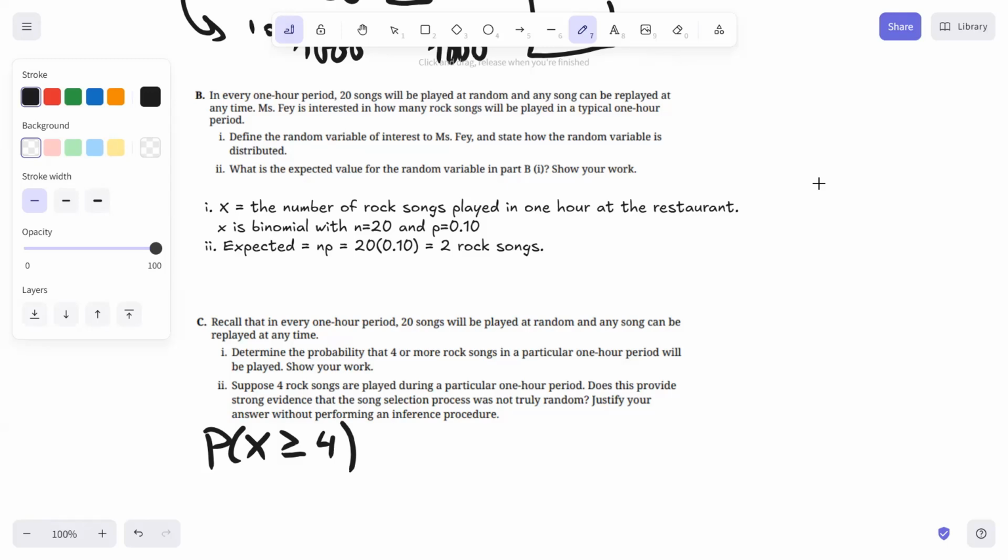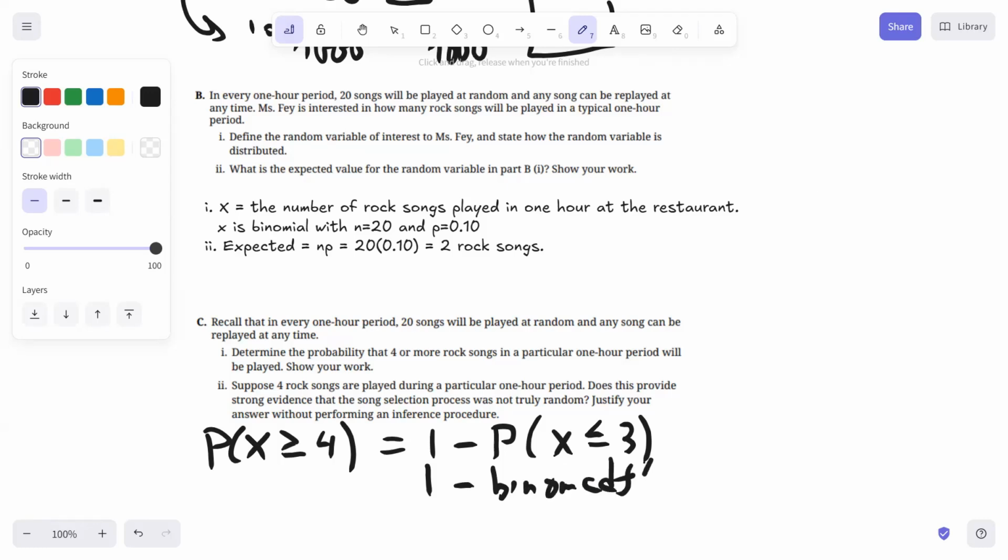Now we can do this on the calculator with the binomial CDF, but remember the cumulative density function always does the probability of that value or lower. We would have to do 1 minus the probability of X being less than or equal to 3. So this is going to be 1 minus binomcdf with n equals 20, p equals 0.10,